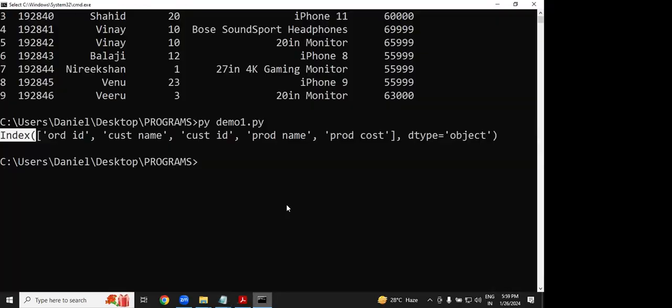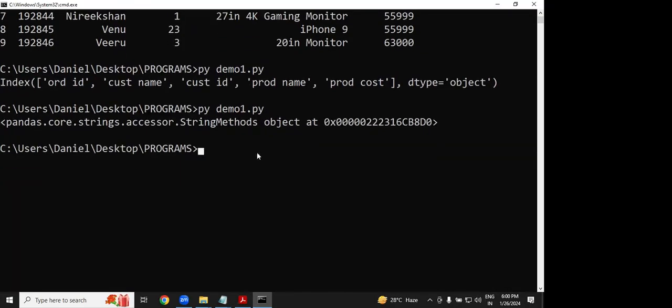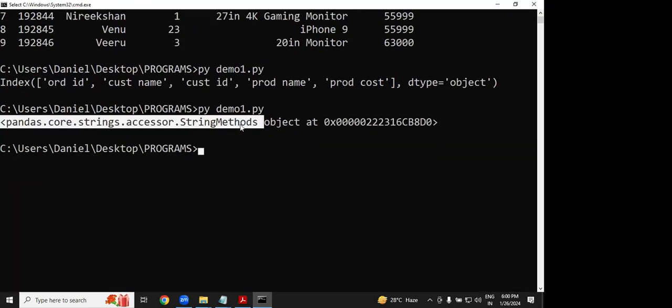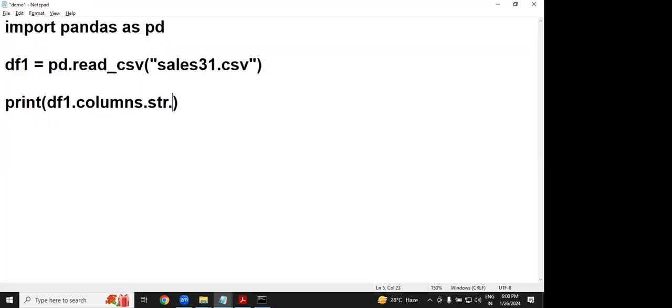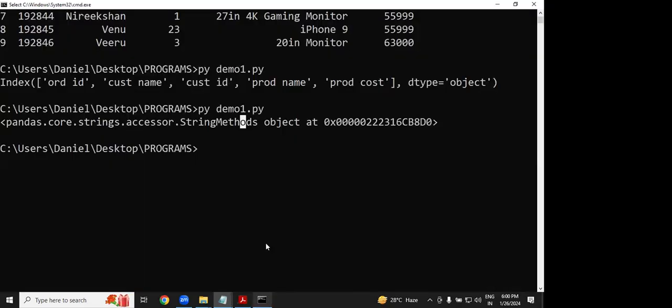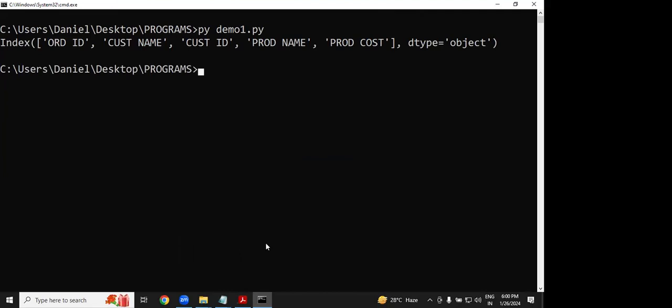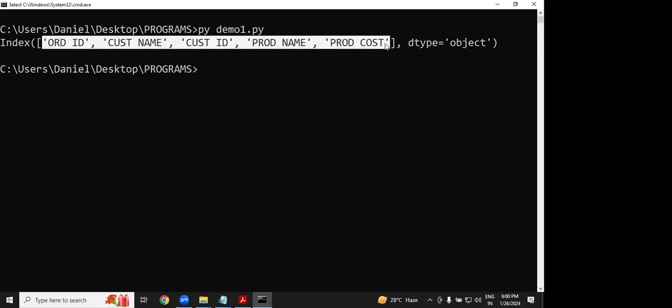Now execute this example. It is returning a string method, some object. I don't want this object. Then what I'm planning is to call one method. What is the method? Upper. How many dots actually? Dot number 1, dot number 2, dot number 3. Am I right? This is called chaining, a chain call. Now observe this one. Cool. Now what exactly happened? Do let me know. All lowercase converted into